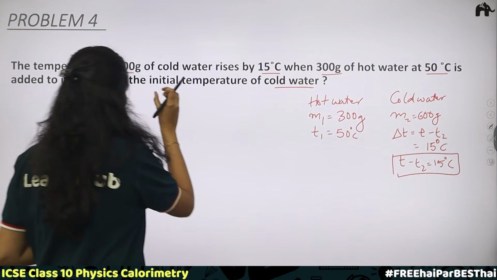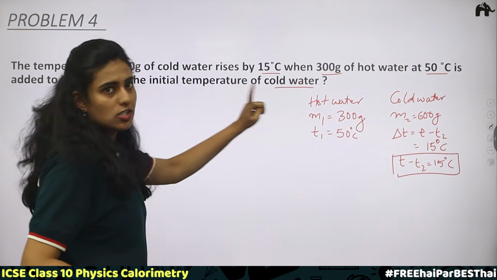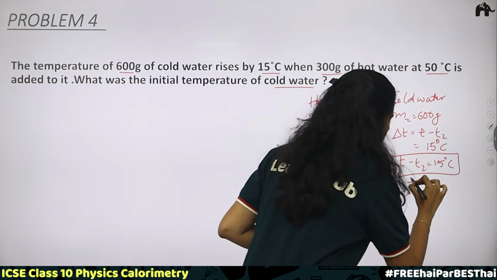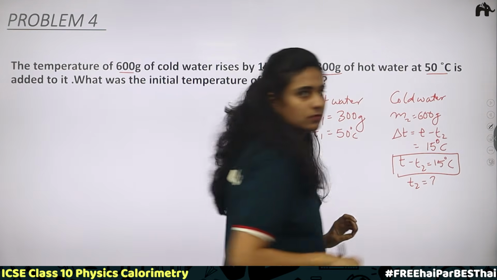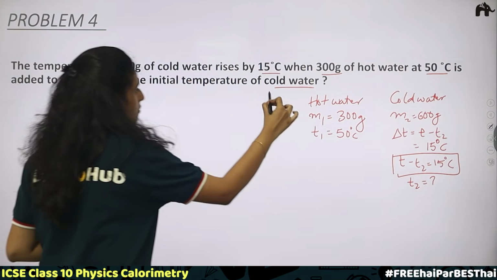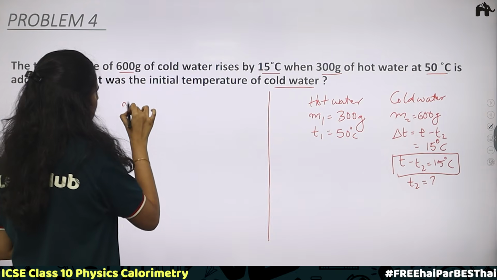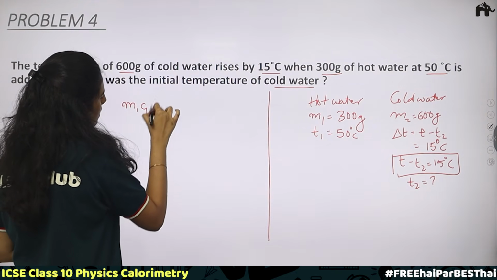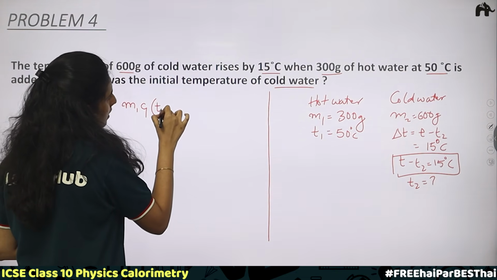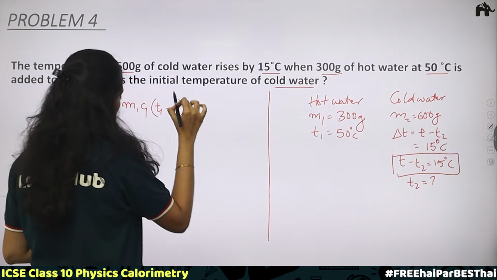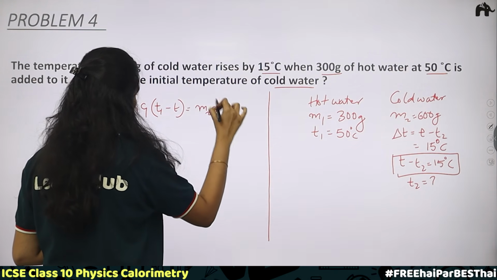Now we have to find the initial temperature of cold water, which means we have to find the value of T2. According to the principle of calorimetry, we have M1 C1 into T1 minus T is equal to M2 C2